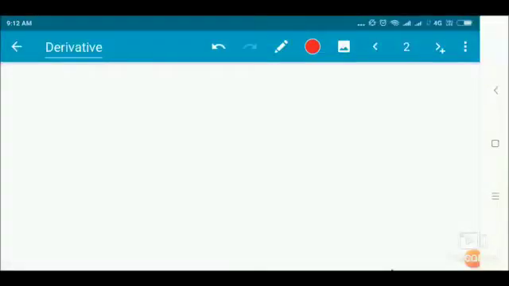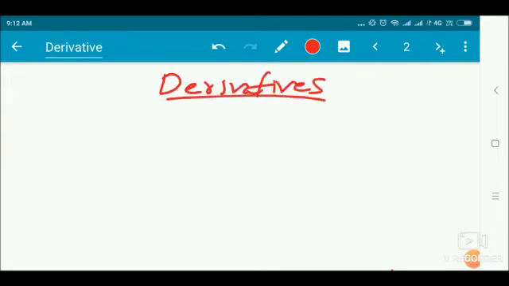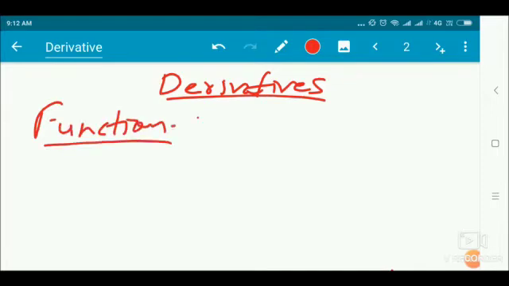Today we are going to discuss derivative. To understand derivative, we must understand the definition of function. What is function? So the definition of function is